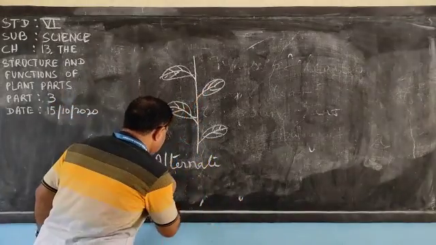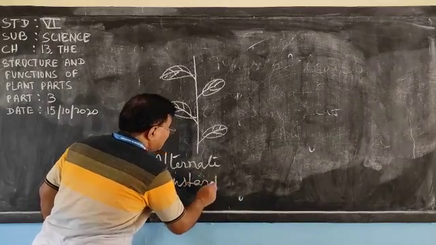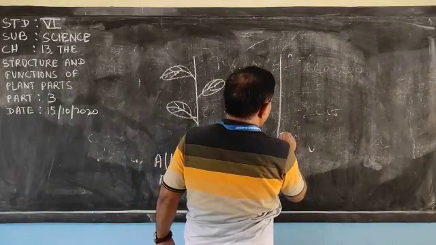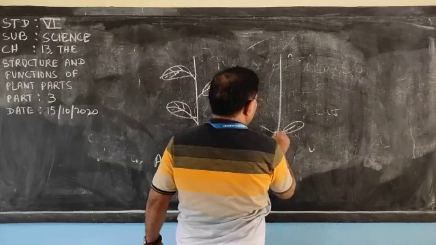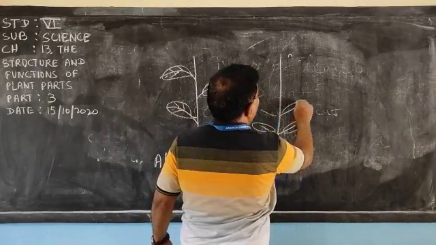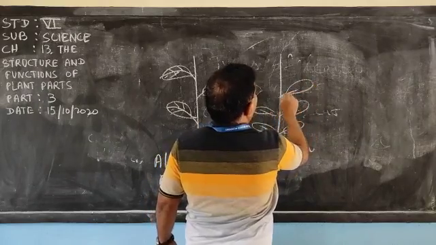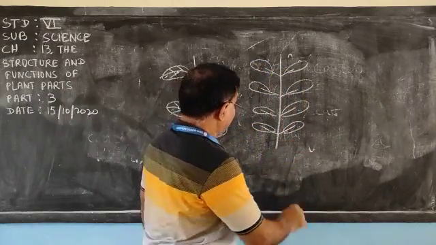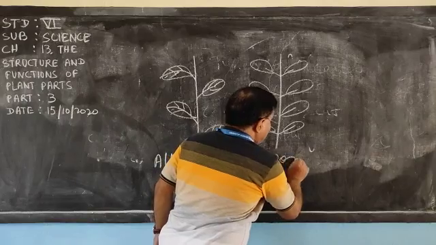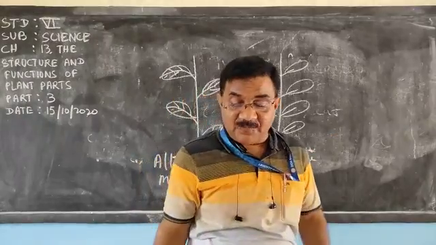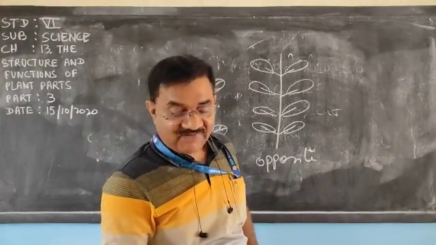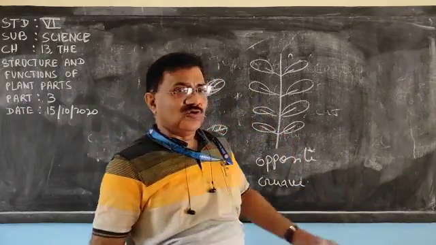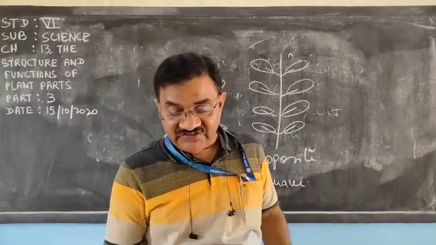In mustard, the arrangement of leaf is like this. You must have seen this way also. On each node, two leaves are there. Such type of arrangement of leaves is called opposite. An example is guava, where on the nodes two leaves are there and they are opposite to each other.